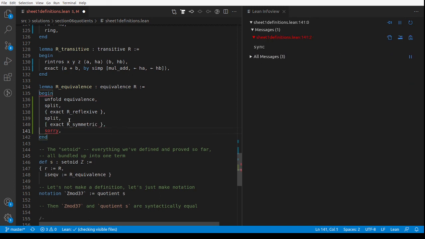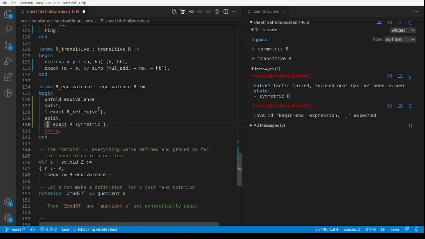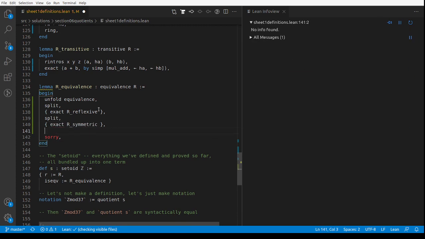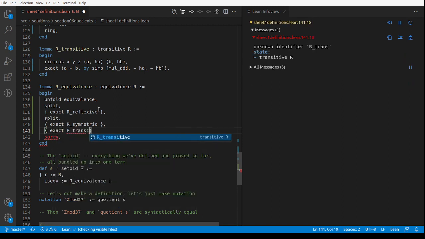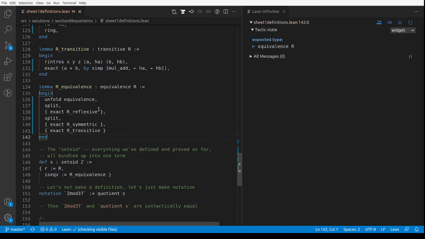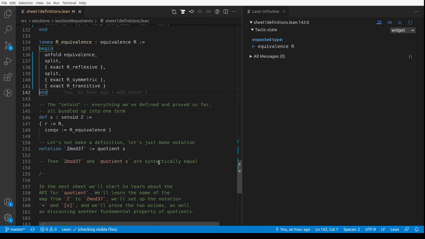Oh, hard luck. Oh, I got crazy brackets. There we go. Exact R symmetric and exact R transitive, and that should do it. There we go. So we've solved all the sorries in this level, and as a bonus, we can